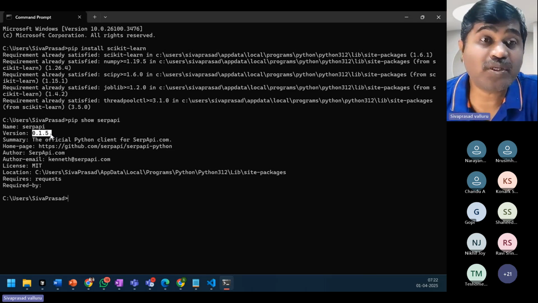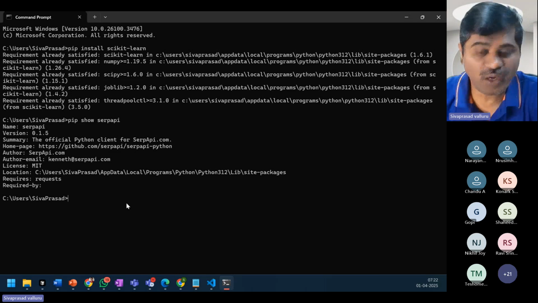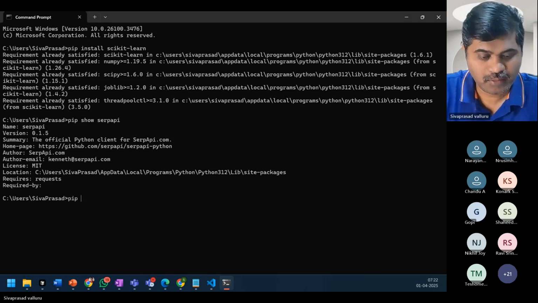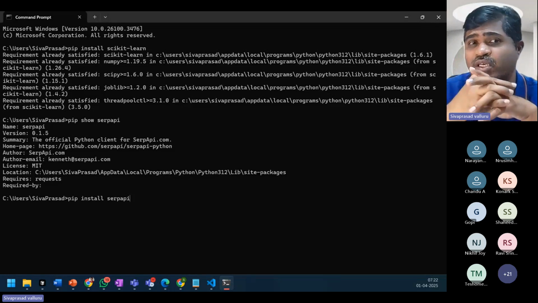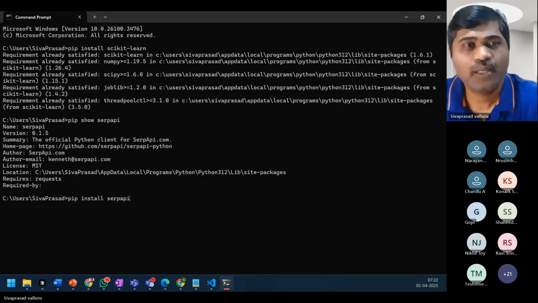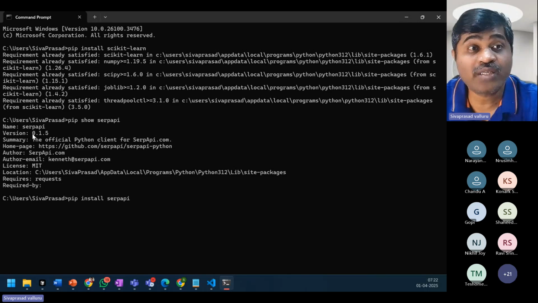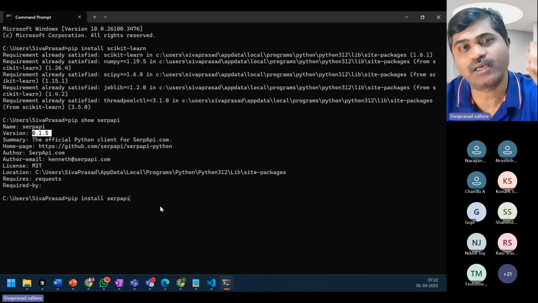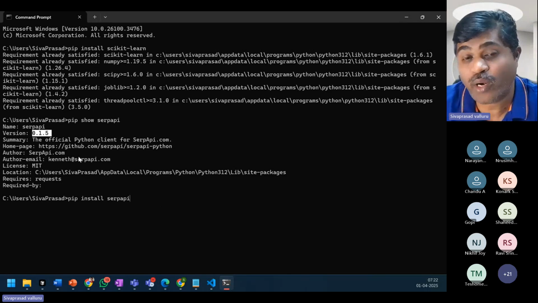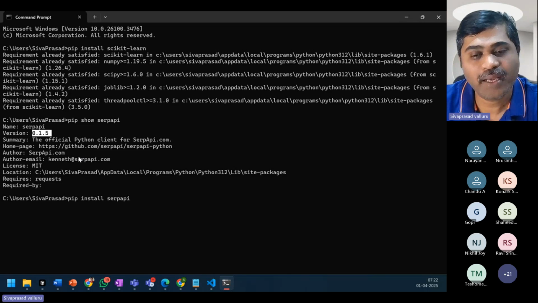Now, suppose I again do pip install SERP API, it will download whatever is the latest version today, and it might be 0.1.6. So the previous version will be uninstalled and the new version, 0.1.6, might get installed, right?